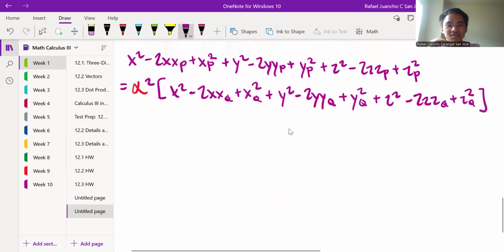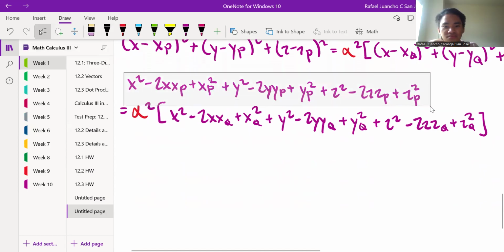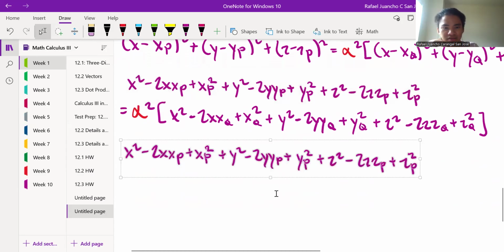Now, what's next after expanding? Well, we can put the alpha in all of them, right? So we do nothing here. We copy paste. And then for our alpha,